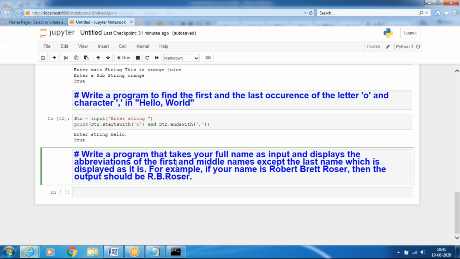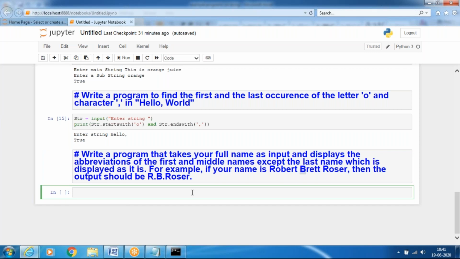The last name is displayed in full, but the first name and middle name only as the first character. First read the string.